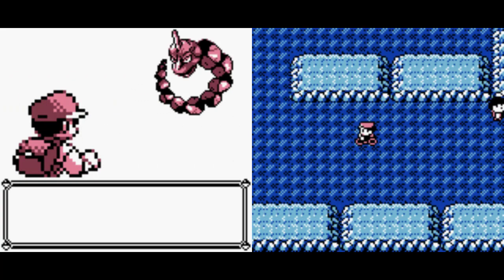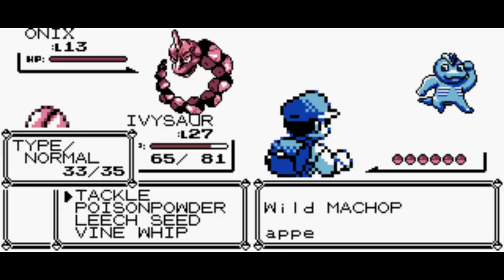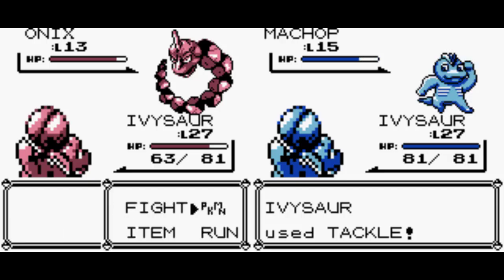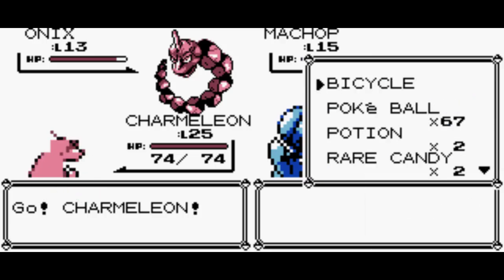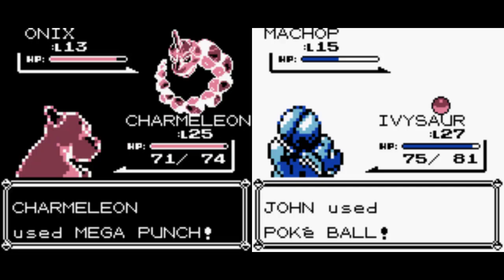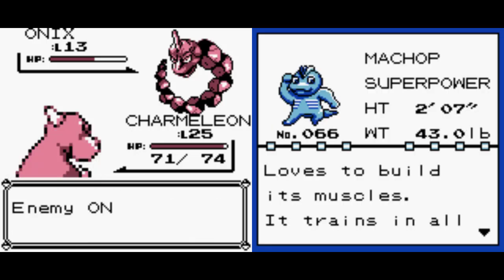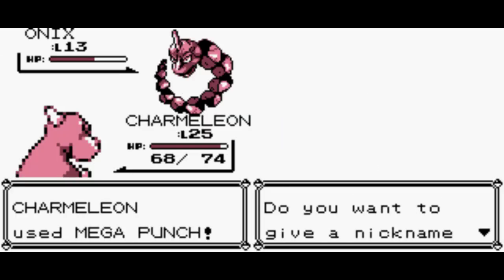Hey look, Red got the Onix, which is the second Pokemon I need to catch. Now it's Blue's turn to catch Machop. Alright, that Tackle's not doing anything, so I gotta swap him out for Charmeleon. Charmeleon has the strongest physical attack for weakening. And Blue has no choice but to catch Machop at half health, but luckily it worked out. Charmeleon needs to keep using Mega Punch on the Sonic, so...